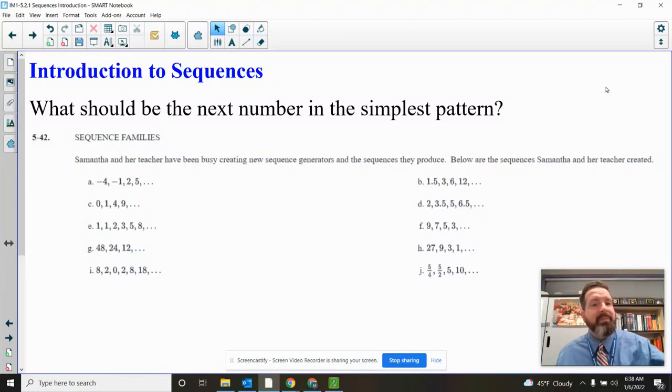Well, hey, everybody. What we're going to look at in this recording is sequences. Basically, a sequence is just a list of numbers. There doesn't even have to be any reason to the numbers. Even a random list counts as a sequence. Now, very often, your sequences do fit patterns, and those are the types that we're going to be looking at